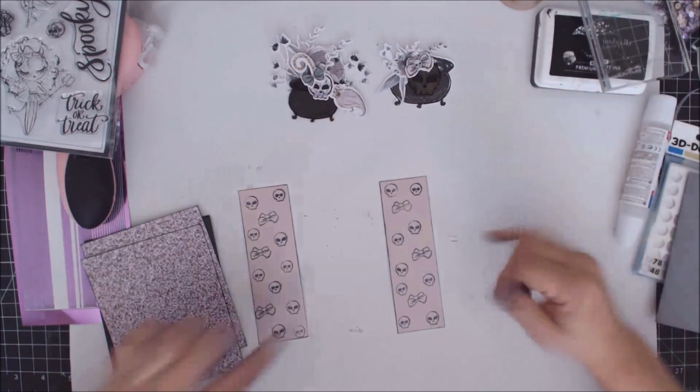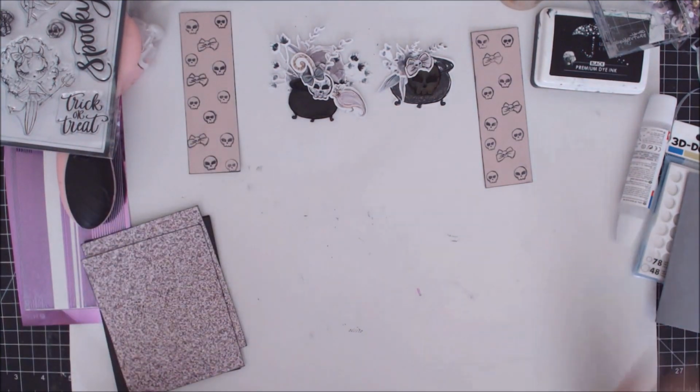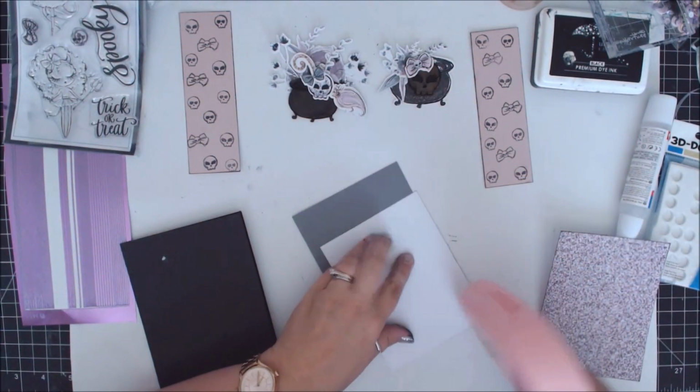Okay. Let this guy kind of dry for just a second. It's a little bit of a shiny paper, so you don't want to touch it right away. My fingers are really seriously getting gross. Oh well. All right. Next stage is we are going to...